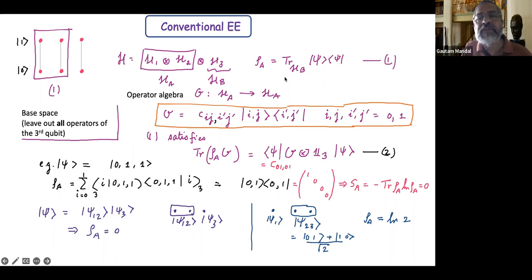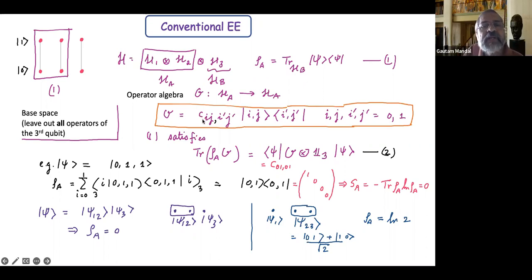And then I consider the reduced density matrix, which I start from the pure state density matrix, which is psi, and then I take a partial trace over HB. And what I get is an operator, which is called the reduced density matrix, because it has this property that,